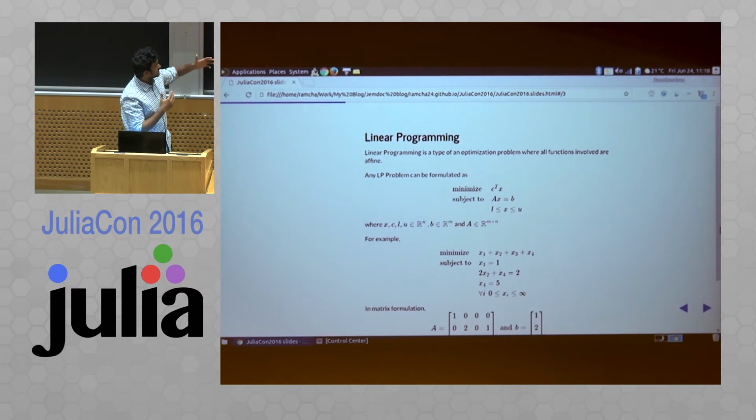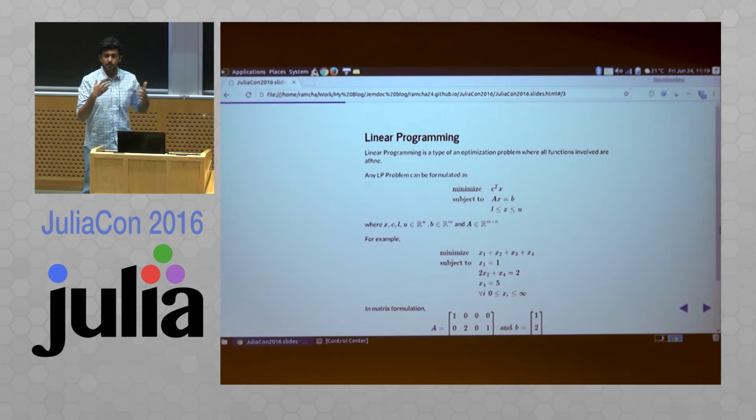But you can immediately observe that this problem actually has a lot of redundancies. You can solve the problem by just looking at it. So let's solve the problem by looking at it. The first constraint says x1 equals 1. Great, it's already done. We know what x1 is. The third constraint says x4 equals 5. So we already know what x4 is. And using these constraints, you can also determine x2. So what is actually left? Essentially, we only have to minimize x3 subject to the bounds that it's between 0 and infinity. That's actually a much simpler problem.